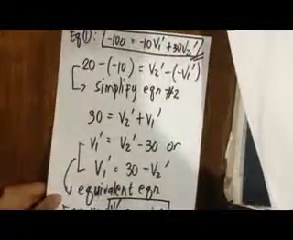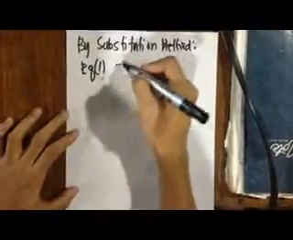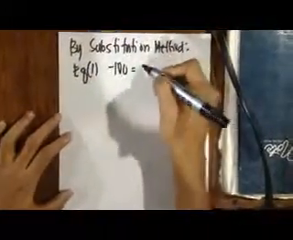So we can now solve the problem by the substitution method. By the substitution method, we have our equation number 1, which is negative 100 equal to negative 10